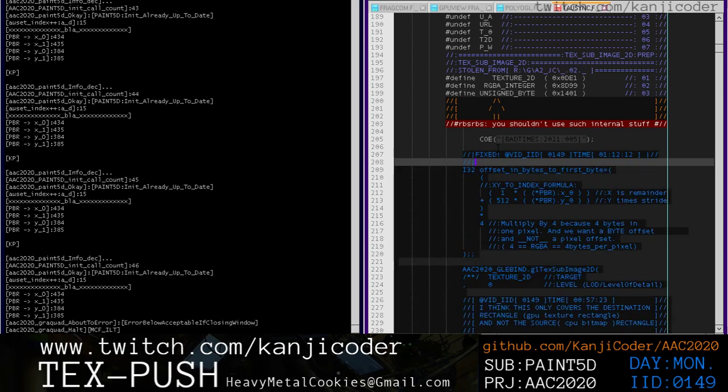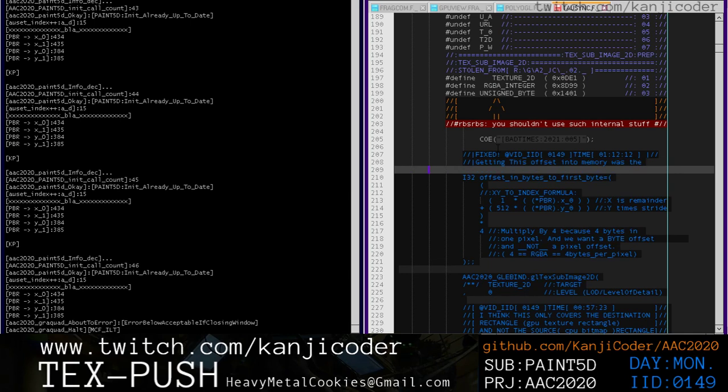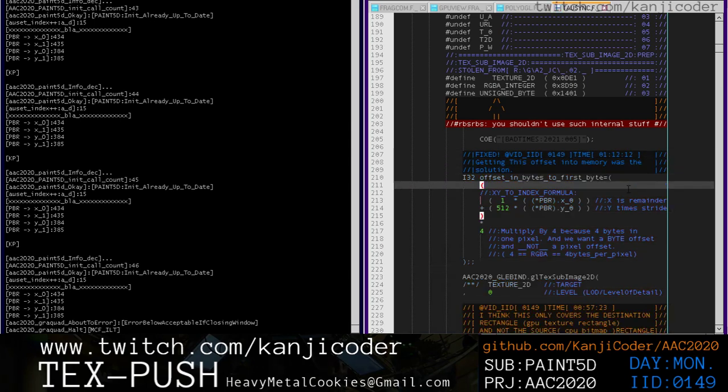Getting this offset into memory was the solution. So that also means that the stride we specified is probably the stride of the CPU side